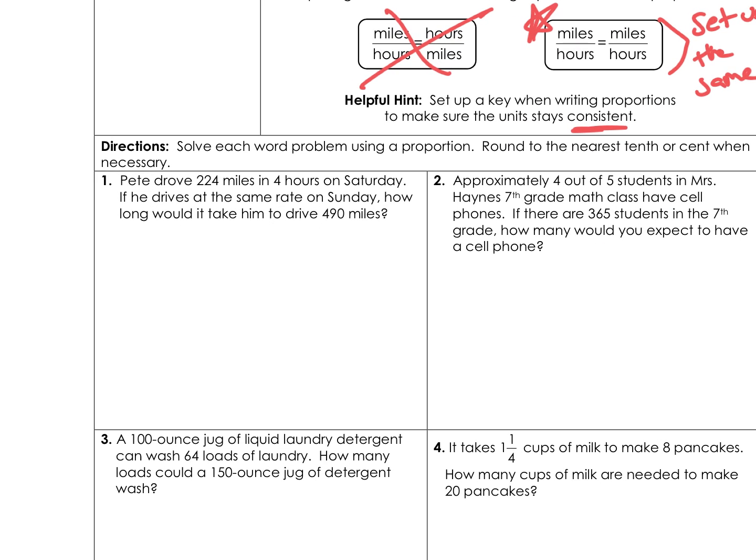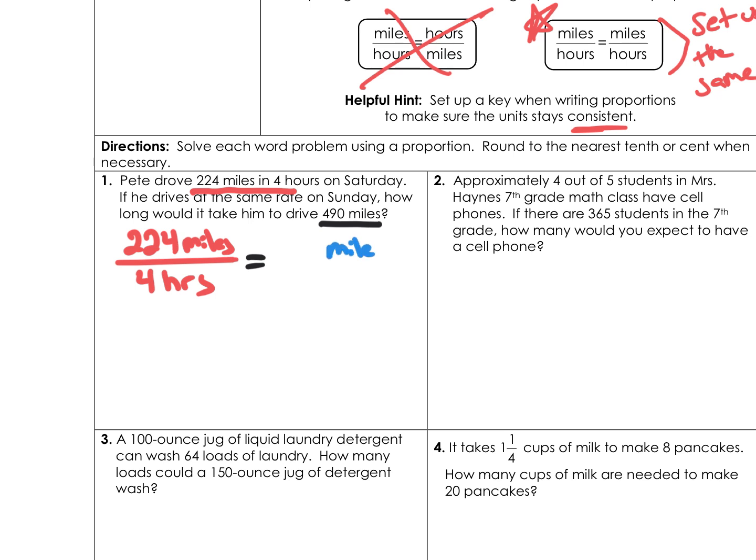All right, so looking here, Pete drove 224 miles in 4 hours on Saturday. If he drives at the same rate on Sunday, how long would it take him to drive 490 miles? Looking at this, our first rate is that he drove 224 miles in 4 hours. So I'm going to go ahead and set that up. So it's 224 miles in 4 hours. And we want to use that to figure out how long it would take him to drive 490 miles. So since they give us miles, we know we're going to keep it consistent, miles on the top. So it's going to be